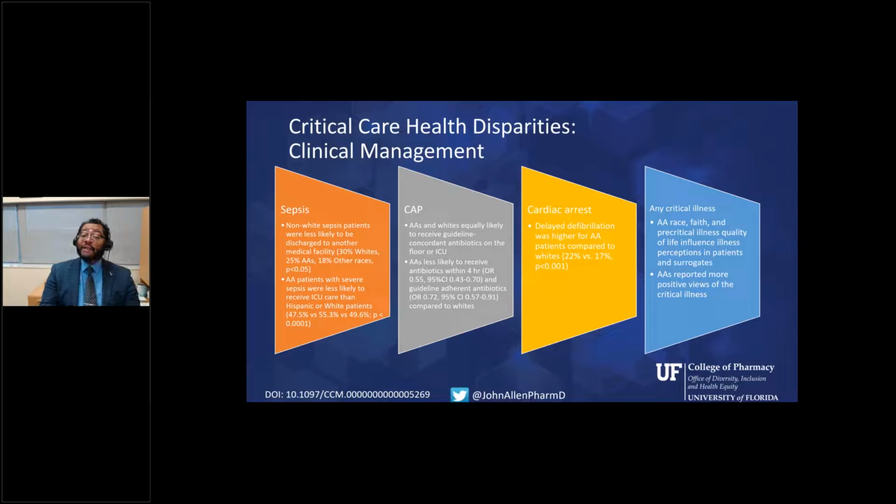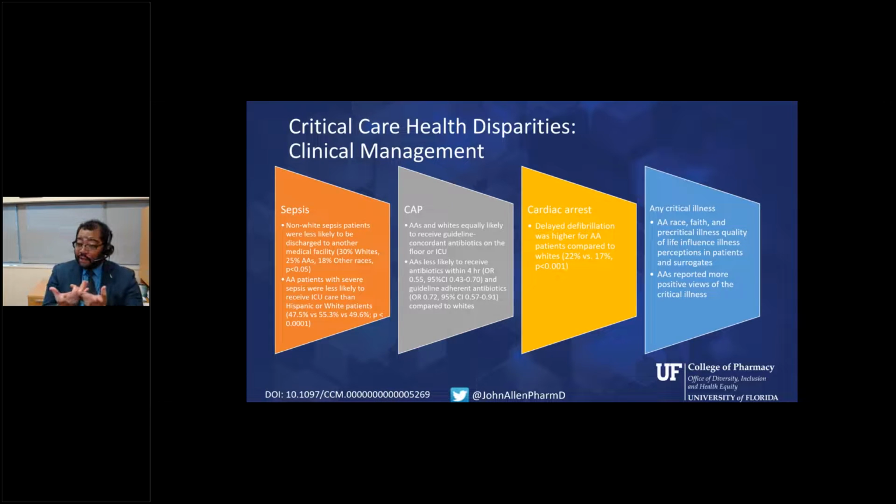However, when you look at how fast that care is provided, African Americans are less likely to receive antibiotics within 4 hours as compared to whites. We talk about cardiac arrest. Delayed defibrillation is higher for African American patients as compared to white patients. And then globally, when we look at any critical illness in terms of clinical management, African American patients have factors